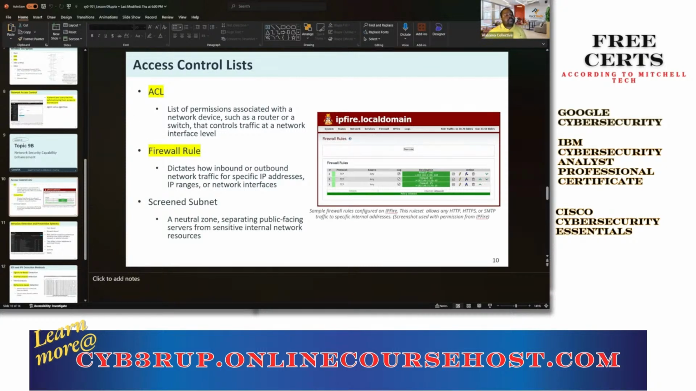This is probably the most famous access control. But coming from where I come from, desktop and then desktop support into cybersecurity, I also think of ACLs as user groups and having access control to files and things of that nature. So I guess it was just something that I had to get over. But anyway,